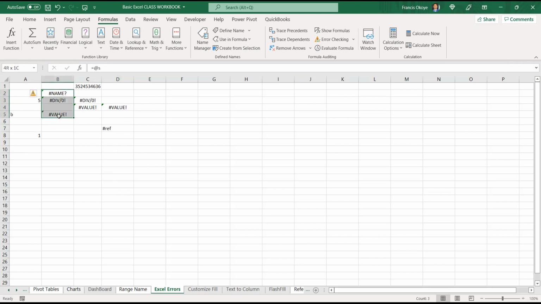Now, sometimes where there's an error, if you come here, you can see this caution sign. If you click on this, sometimes even when it's not a number, maybe they are all text and actually they are supposed to have been numbers. Another way you can do it is to highlight this, come here, and it tells you convert to numbers. I don't know who asked that question, but it didn't come up in my own data set like this. But this is another way of doing it.